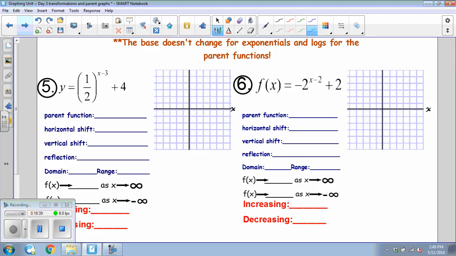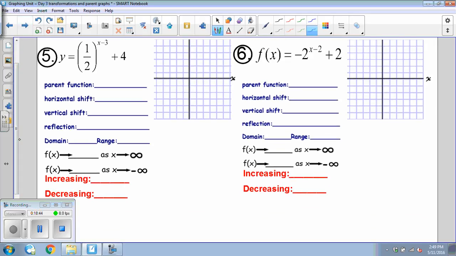Now, remember, the base doesn't change for exponentials and logs, they're parent functions. So I'm listing the parent function for number 5: the base is 1/2, so it's just 1/2 to the x power. That is my parent function. Now, what's happening up here, that's your h. So it's shifted 3 units to the right, because h is 3. K is 4. So it's up 4. It is not reflected at all. And so now we'll graph